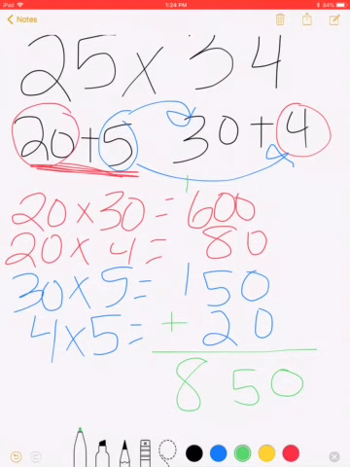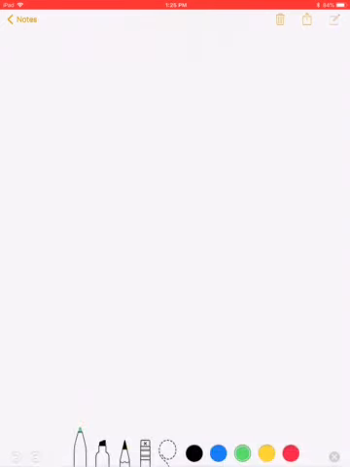Again, I'm using the same steps that I would with bow tie or area model. I just don't have a way to organize it visually. So if you're ready to move on from the area model, this is a great next strategy. So let's try a little bit harder of a problem. So let's try